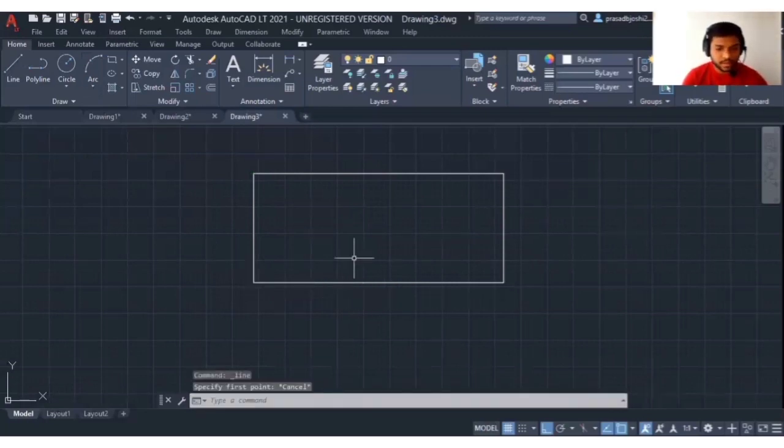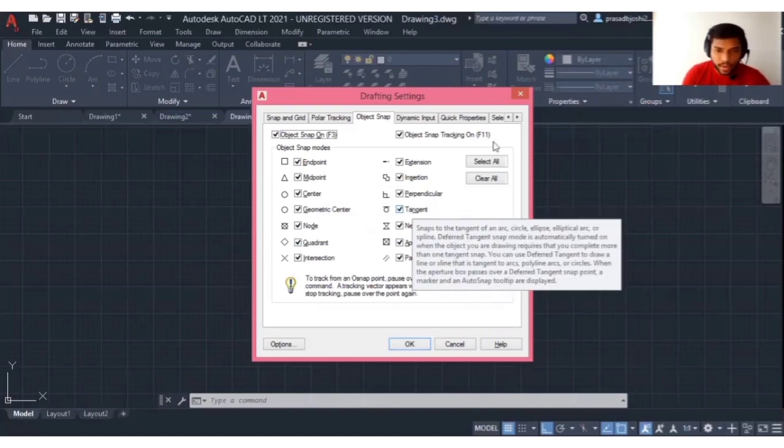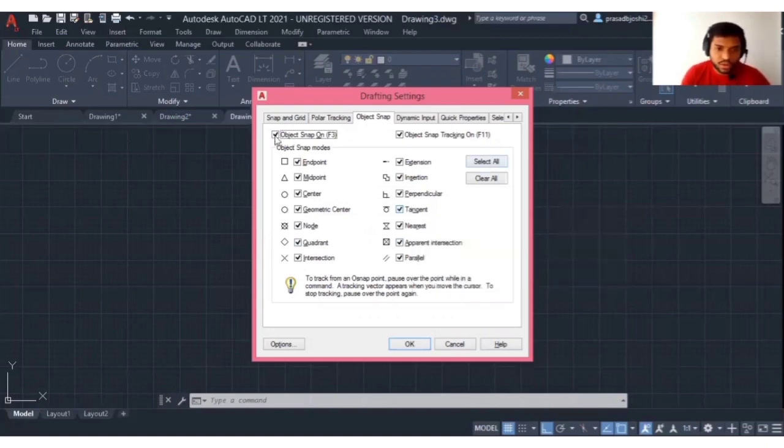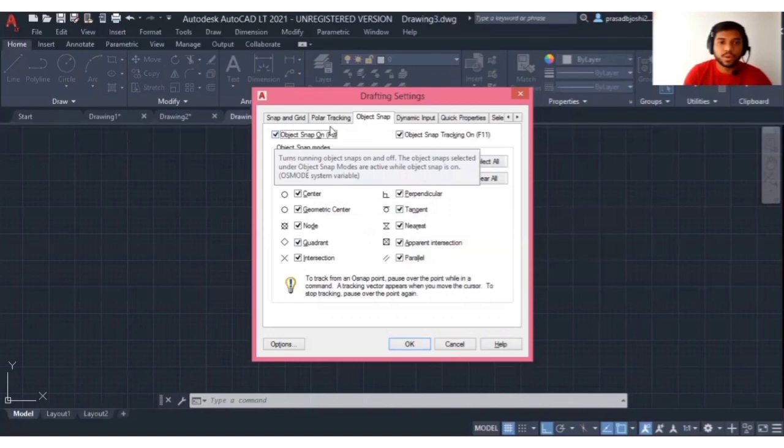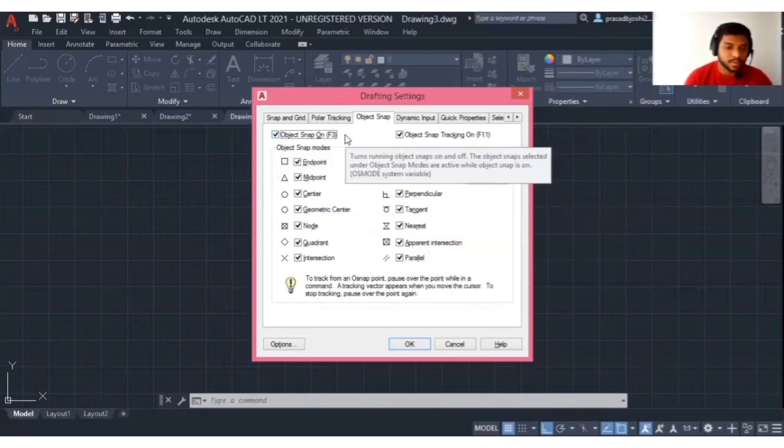Let's see again DS enter, drafting settings. Here it is. In object snap mode we have endpoints, midpoints, centers, geometrical centers, nodes, quadrant, intersection, extension, perpendicular, tangent, etc. Always remember we have to select all and tick this checkbox, and the shortcut for object snap is F3. We can change the settings directly by the shortcut F3.